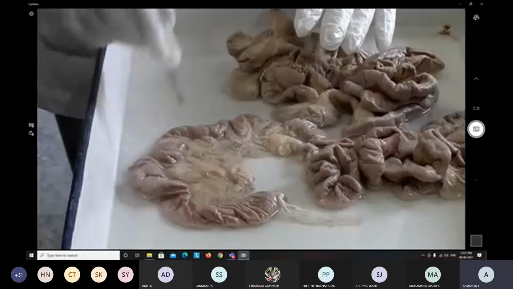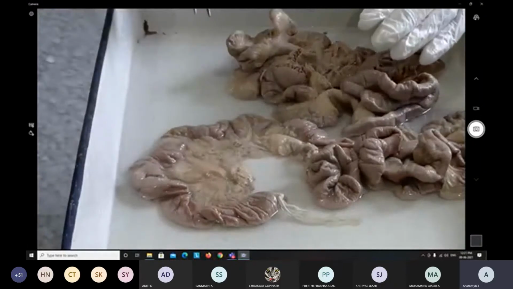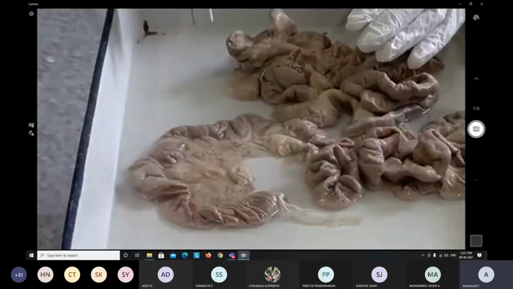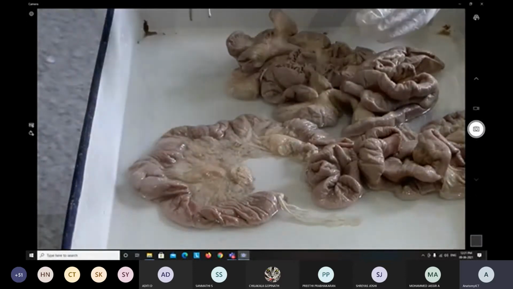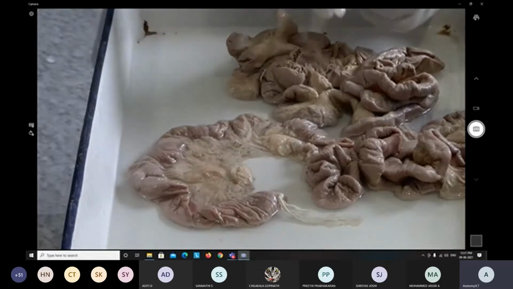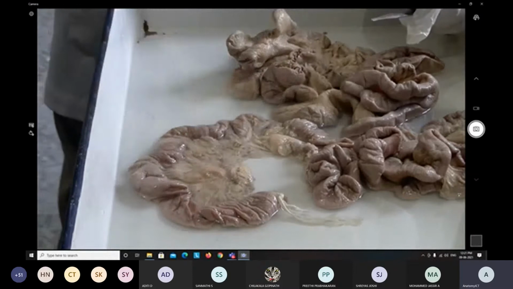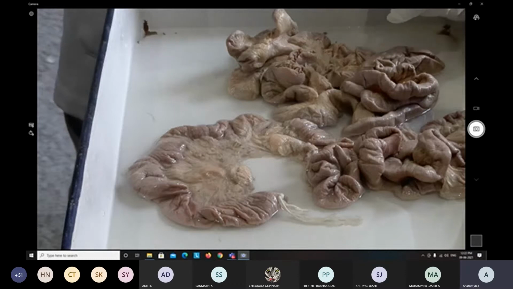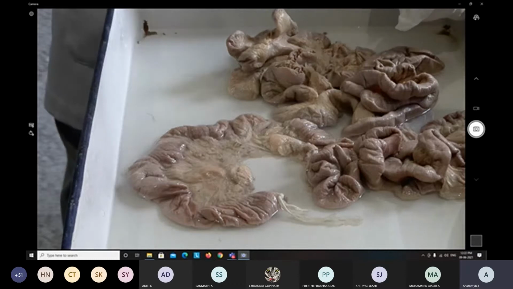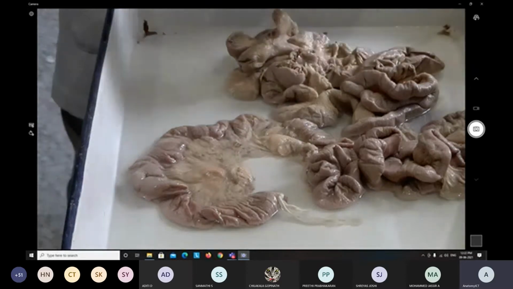Yes, students, for that papilla and inner architecture, your presence here is required. When you come to the college, we will make an incision and show you the major duodenal papilla and minor duodenal papilla. When the two ducts connect to the duodenum, there is a mechanism for the major duodenal papilla. The secretion coming from the bile duct or the pancreatic duct does not suddenly open into the duodenum. Again, there is a mechanism.